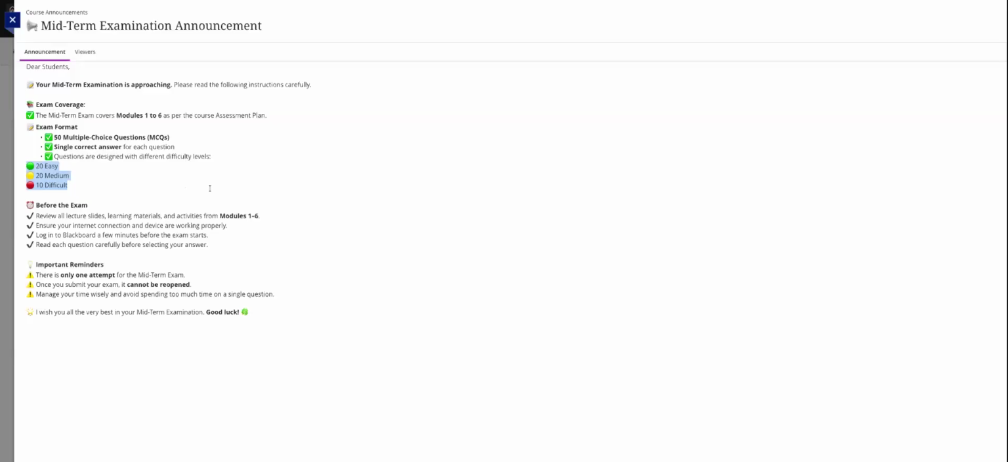I kindly request every one of you to cover the content from module 1 to 6 and make sure you follow all the guidelines given by the college when you attend the midterm exam. There is only one attempt allowed for you in the midterm exam. Once you submit your exam, it cannot be reopened. Please make sure to manage your time wisely, because you have 50 MCQs for 1 hour. Please avoid spending too much time on each question. Based on the question, make sure that you are giving productive time to that, and you are writing your exam